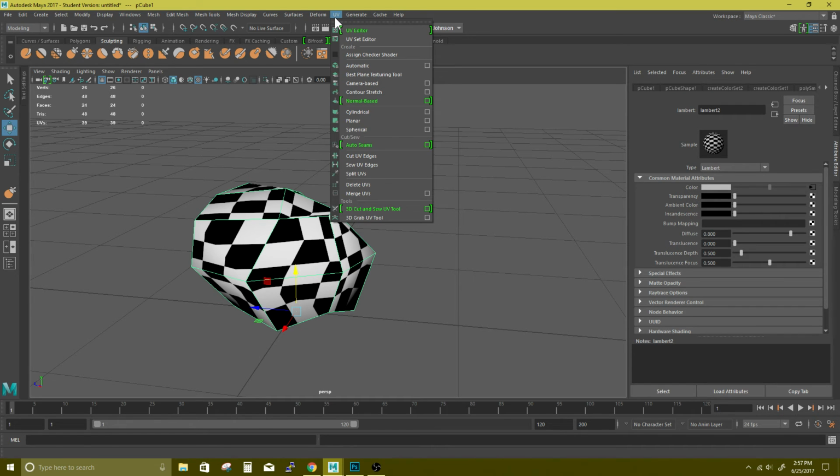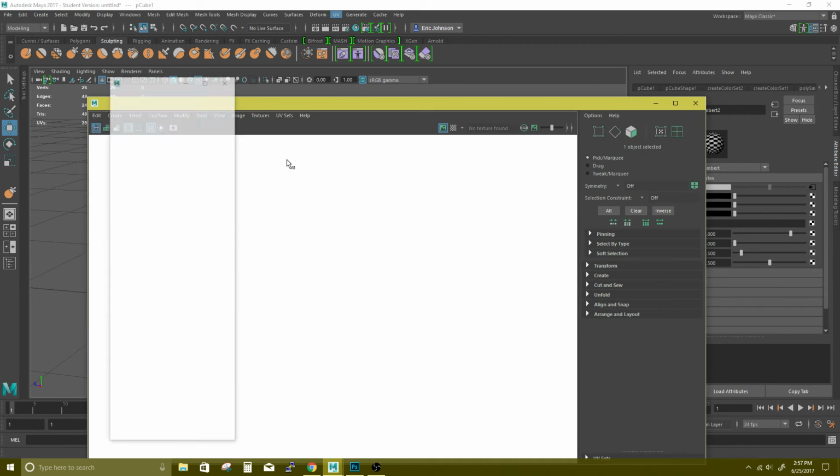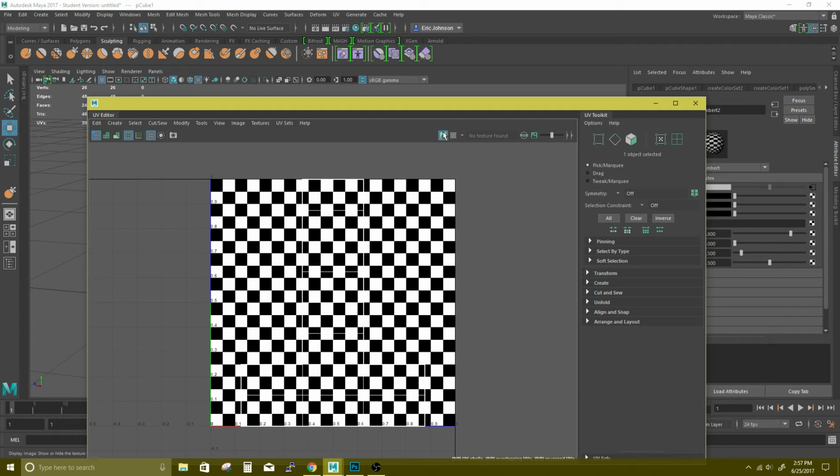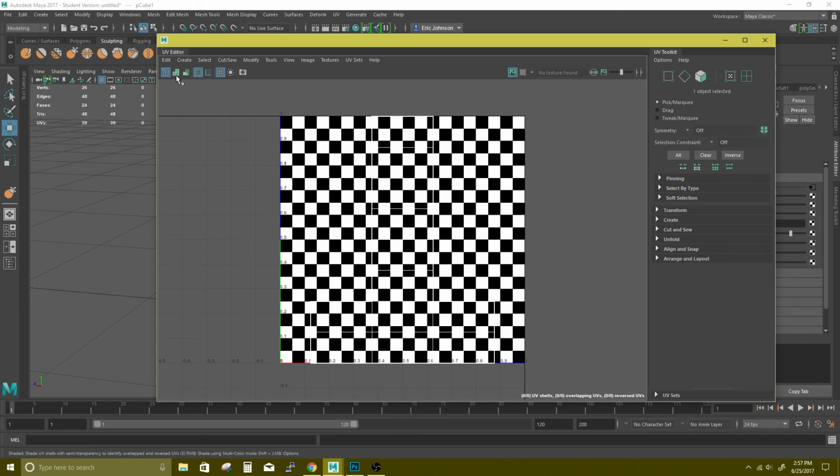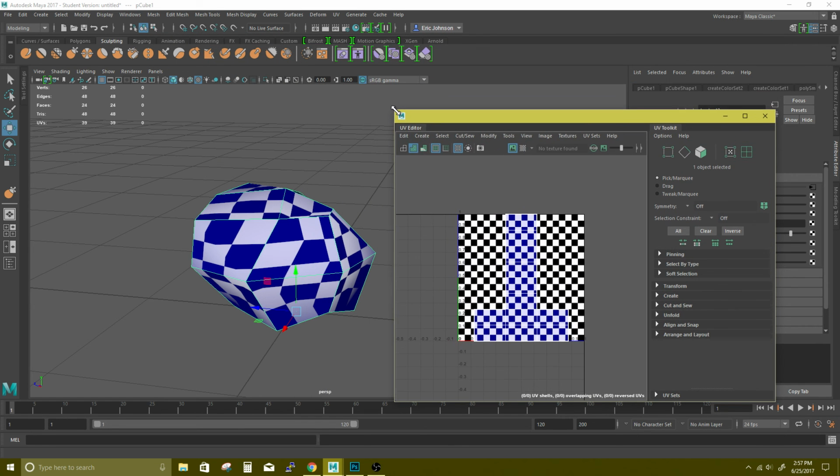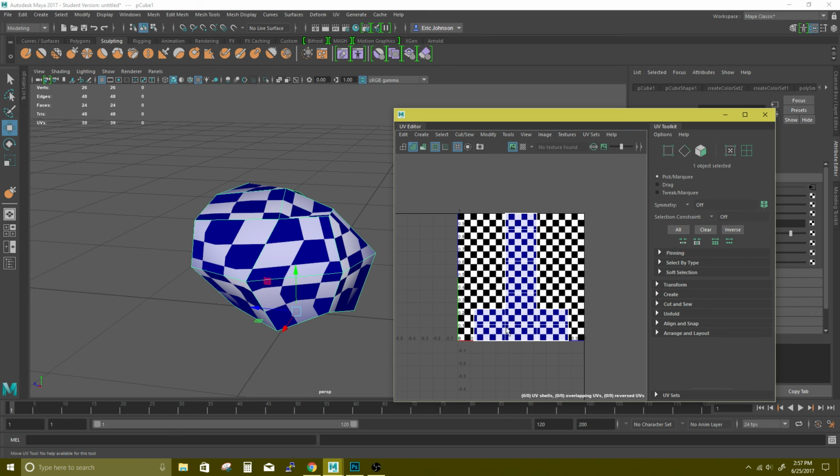So let's open up our UV editor so I can show you a little better as to what's happening. Since we started off with a cube, our UVs that were laid out are in the cube formation, and obviously we don't have a cube anymore, so